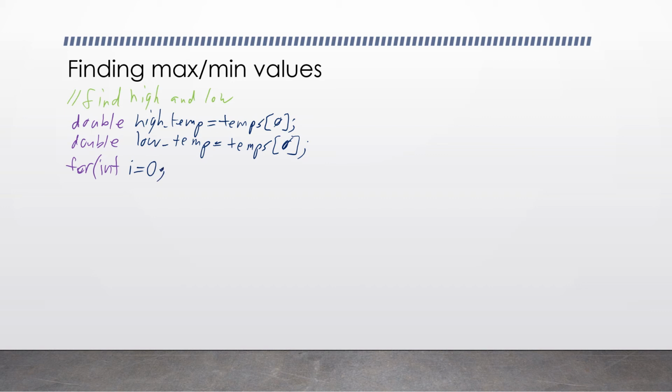Though we really don't have to check 0 since we used 0 as our starting point. i less than, let's say we have hourly temperatures, so number of hours that were reported. Okay, remember, don't use magic numbers in your code. And then i++ to keep us moving through the list of temperatures. Okay, then we have an if